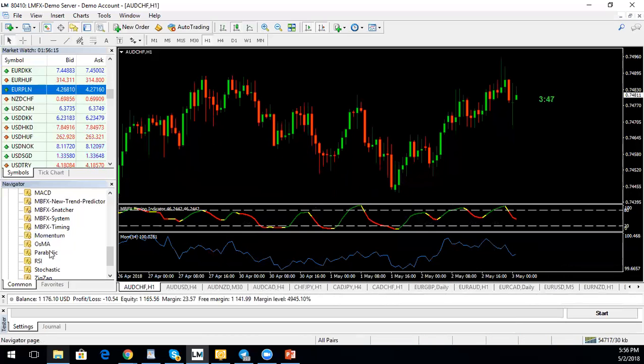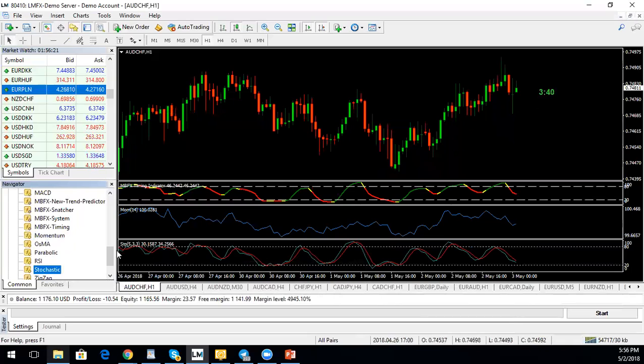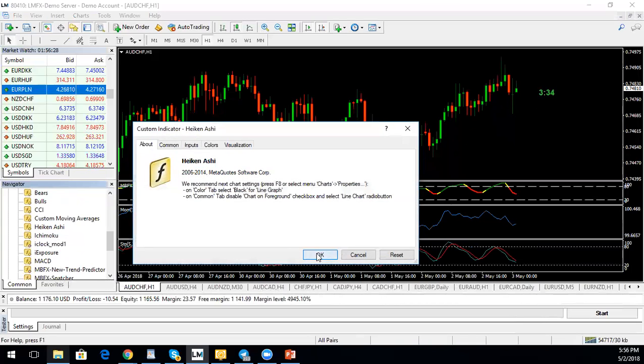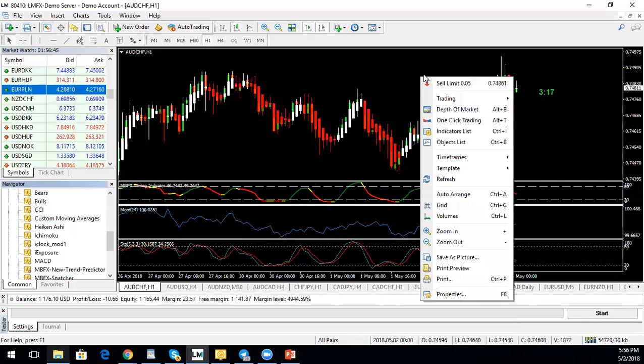And let's say I put stochastics on here. Okay, you have stochastics. What's another tool? Say I throw Heikin-Ashi candles here. Cool. So I've got these three indicators here, including Heikin-Ashi candles. And every time I open up my chart, this is what I want to trade, and this is what I want to see. What I could do is